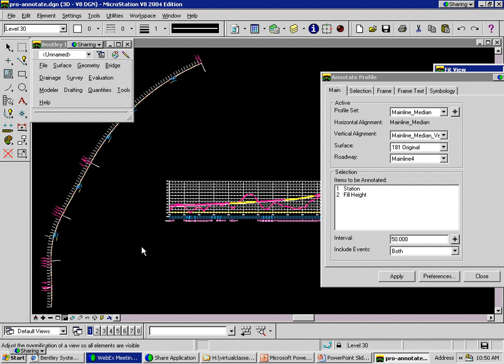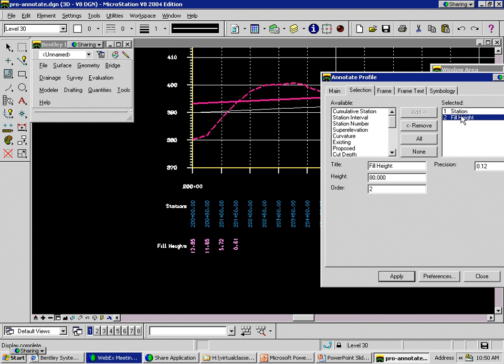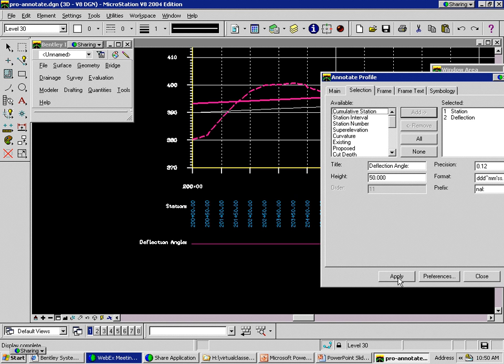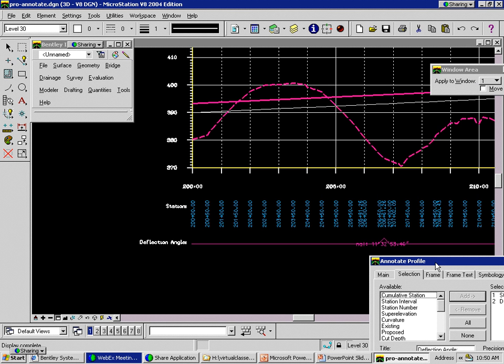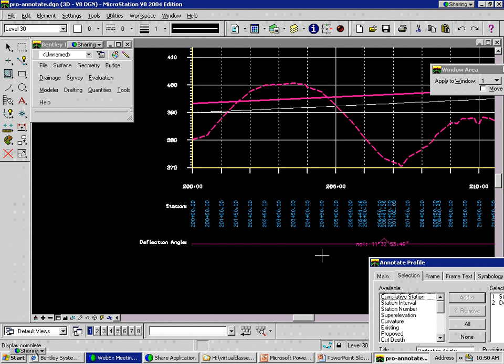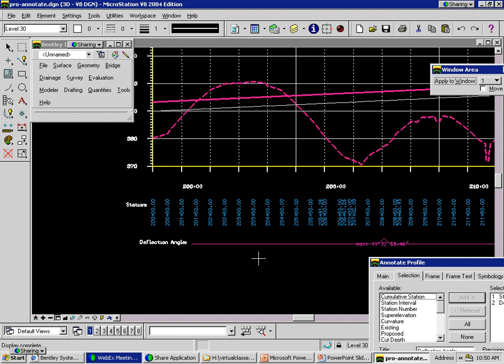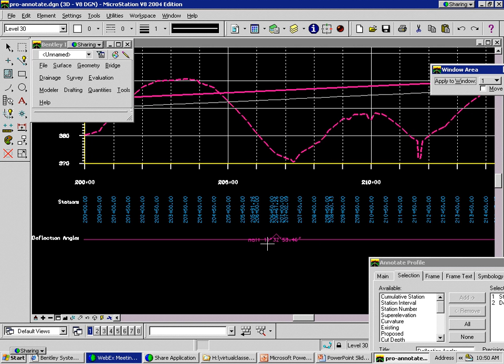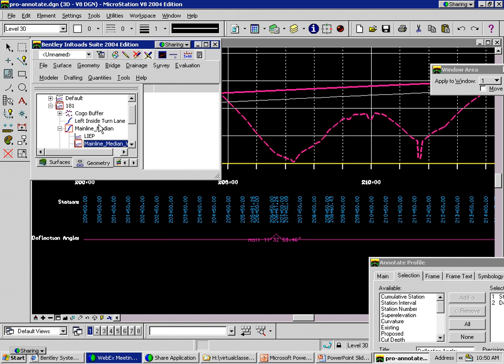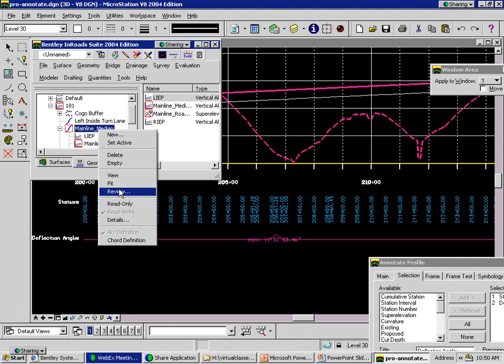And let's go back to selection. We'll remove the fill. So we've looked at that. One other one on horizontal is the deflection. Now what this will do is it will run through and it will put out, this is a straight line diagram essentially, but it will put out there the delta angle on the curve. So if I come in here, that's at 205. If I come in at station at about 205, if I review at 205,